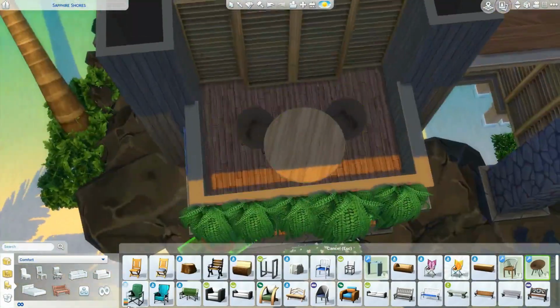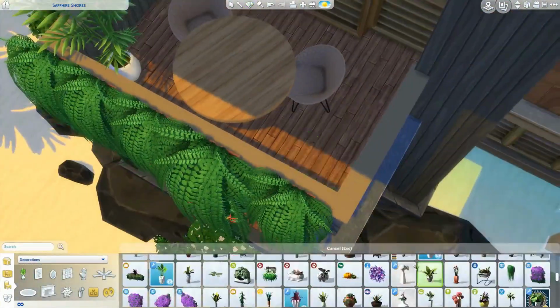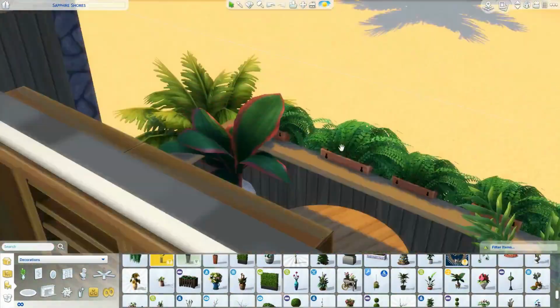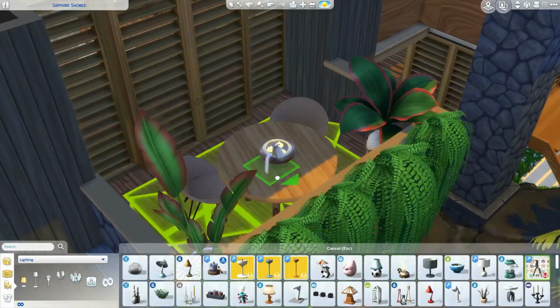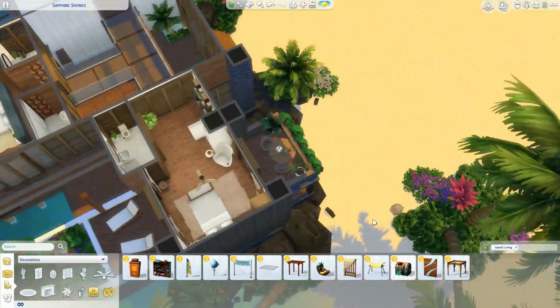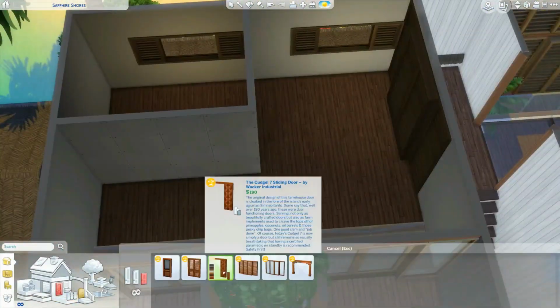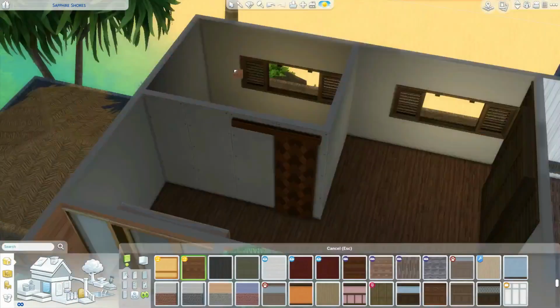And then I went ahead to do the outdoor balconies of this room, and in one I did lounge chairs, so you can tan, and then I did this dining table with 2 chairs with some candles, and I thought that was pretty cool. Then I started with the second bedroom,